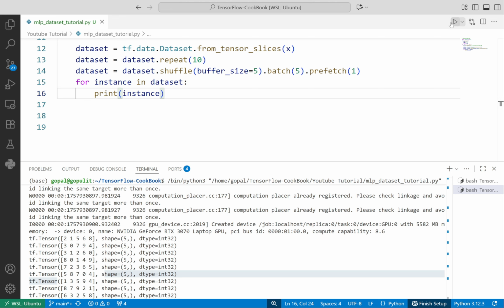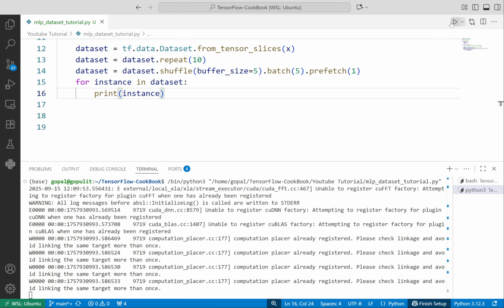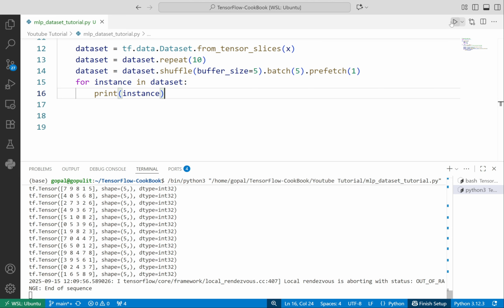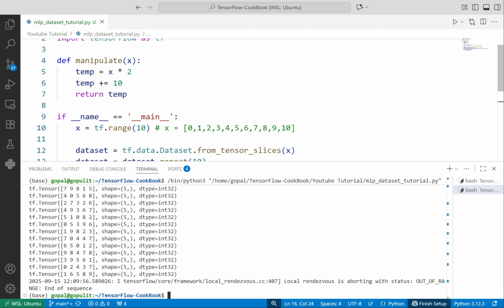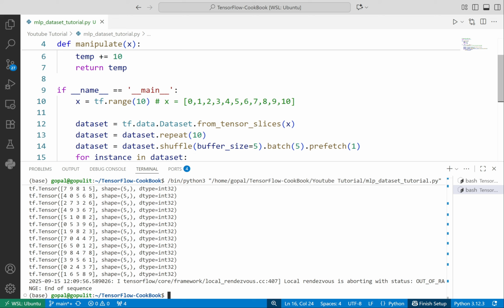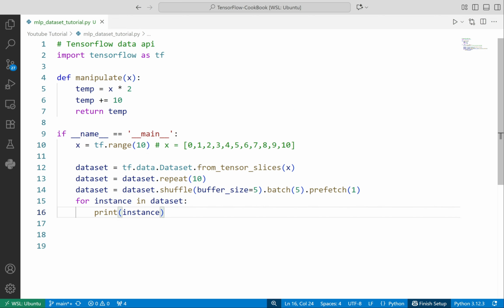So this is how the TensorFlow dataset works, and there are plenty of other operations we can do, but I've just given you a small idea of how the dataset works.